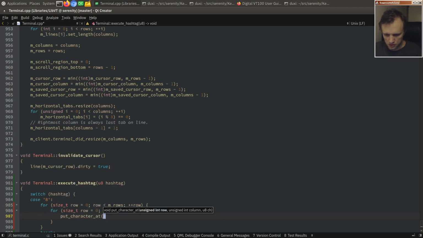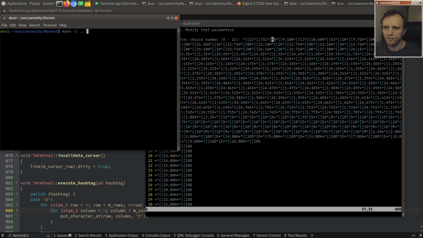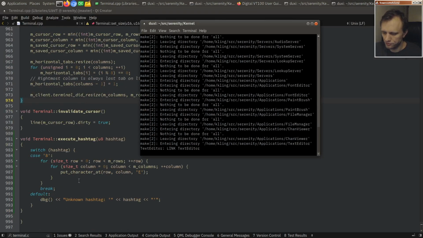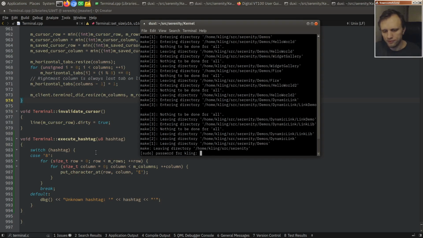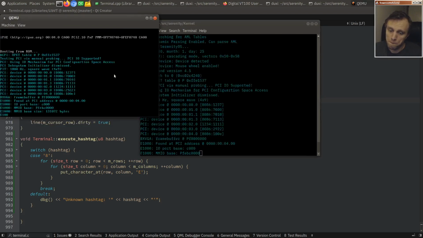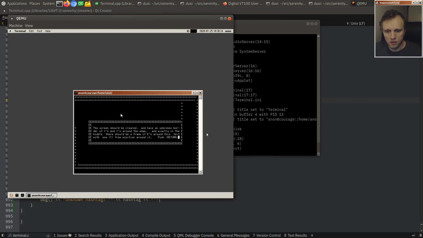Put character at row, column, and we put the E. Okay, now how will this go? Okay,